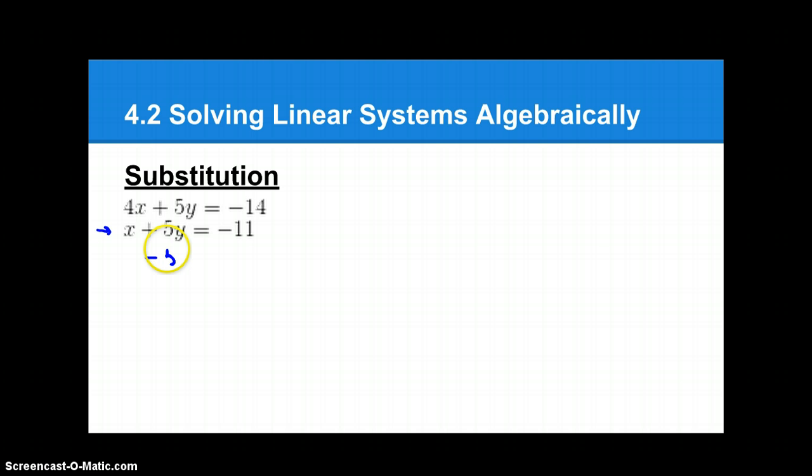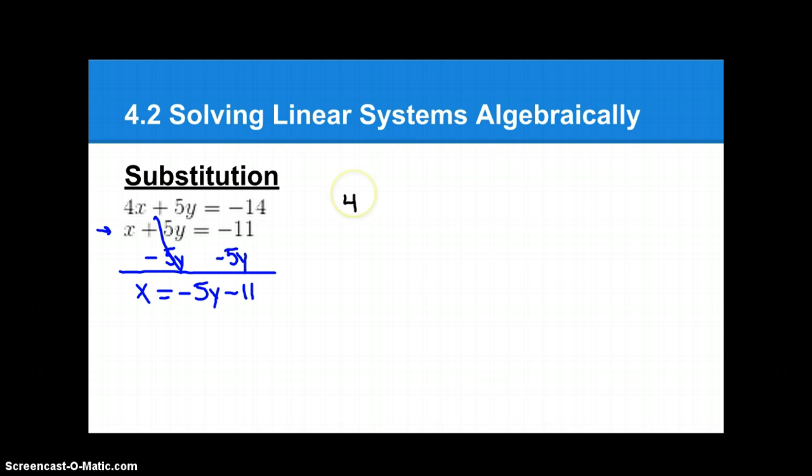So from here, I will subtract 5y from both sides. Okay, so that'll cancel those out there. I get x is equal to negative 5y minus 11. Okay, so we have that. Now we have to use